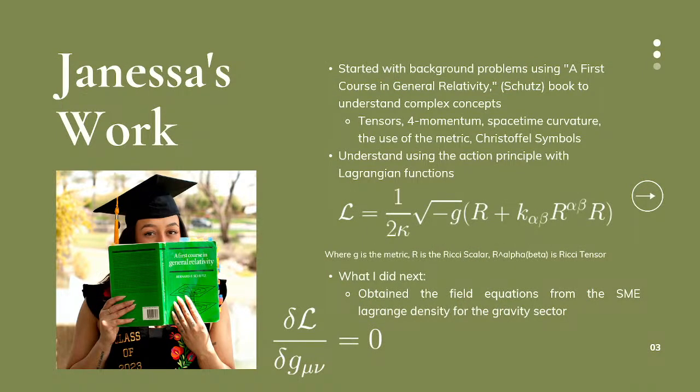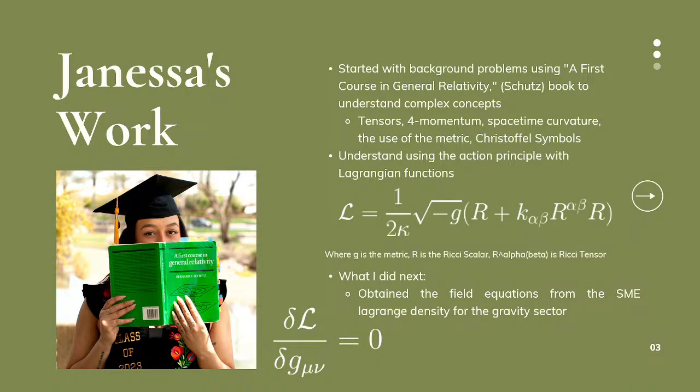So my work began my sophomore year, where I started doing background problems using A First Course in General Relativity, which is the book that I am holding on your left. I took a photo with this book because it carried me through my research sophomore and junior year. So basically, I used it to understand complex concepts that we don't quite fully get into, basically until grad school is when you'll start looking at those a lot more. So it's like tensors, four-momentum, curvature, things like that,